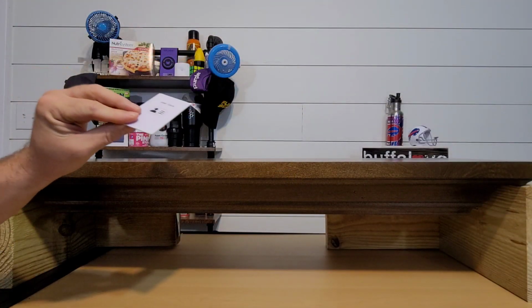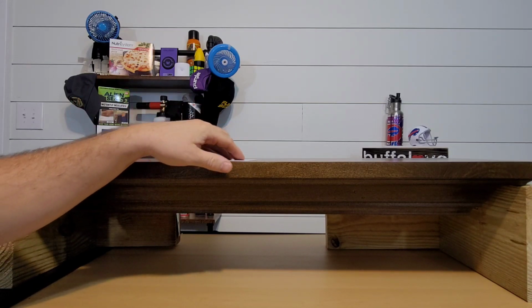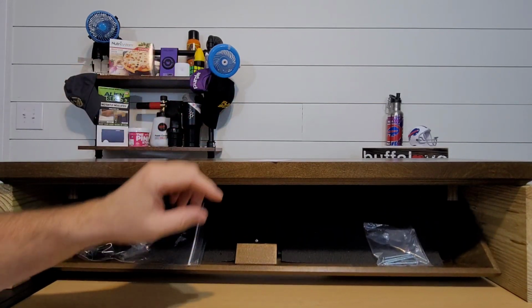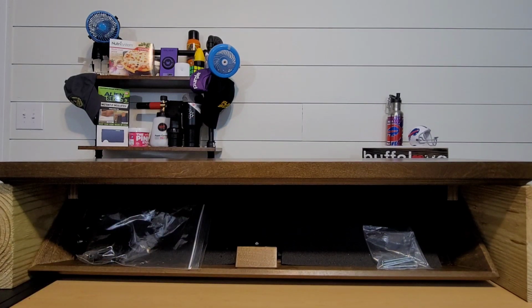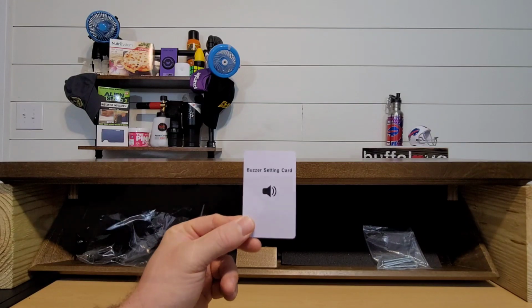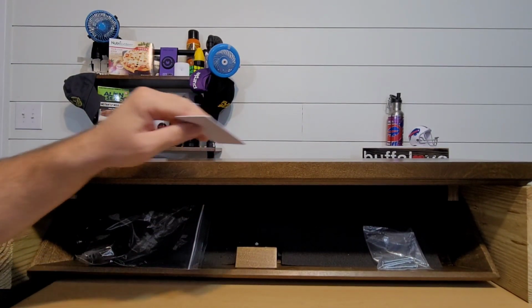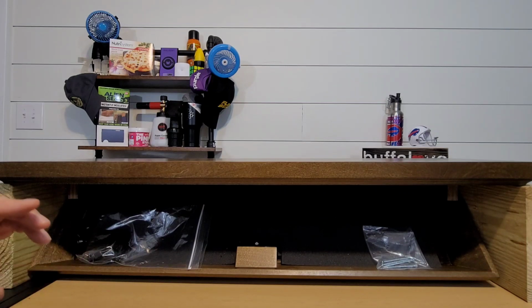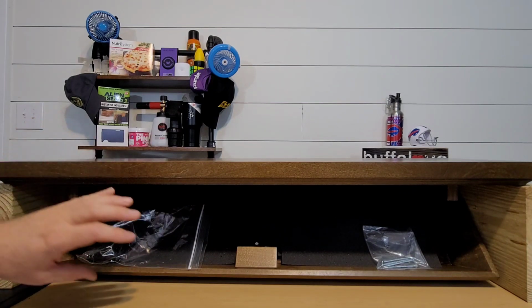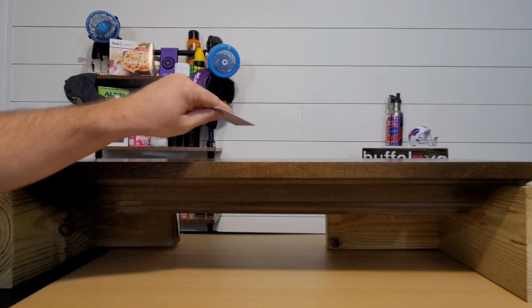Do you notice how I just opened that and there was no audible beeping noise? All you hear is the mechanism itself. Well, that's where the buzzer setting card comes in. Just like with the user or manager card, you stick this on top of the red dot, and I hope you just heard that audible beep because that means I turned on the beep, and when it closes, I can use the user card